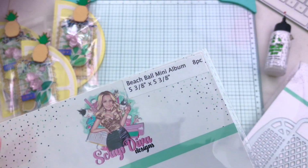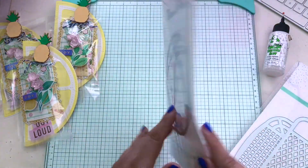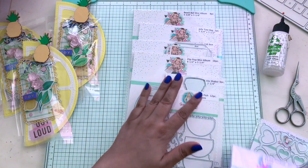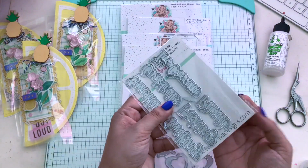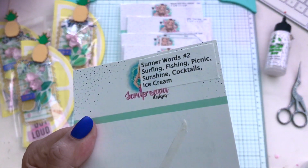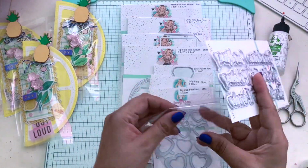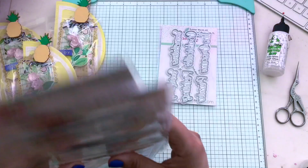The beach ball mini album, 8 pieces you get, and the size is approximately 5 3/8 of an inch by 5 3/8 of an inch. You get the bathing suits, the miniature bathing suits, the surfboard, as well as the umbrella. So these are all of the pieces, and what I'm going to be featuring with you is the Summer Words die number 2. Again, that's a typo. Surfing, swimming, picnic, sunshine, cocktails, and ice cream are the sentiments that you get, and I'm going to feature the